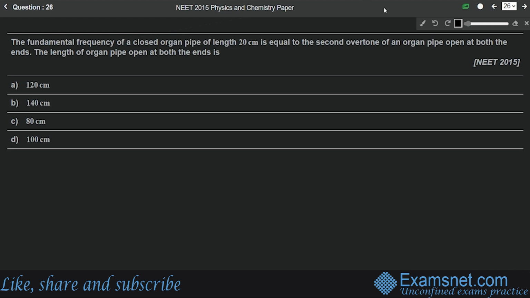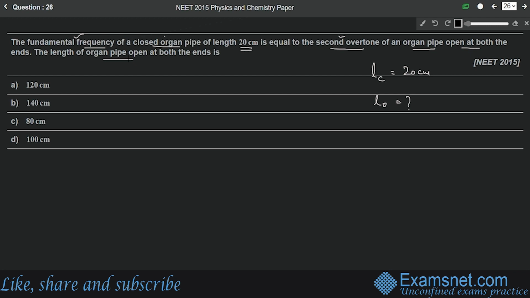Now question number 26. The fundamental frequency of a closed organ pipe of length 20 cm is equal to the second overtone of an organ pipe open at both the ends. The length of the organ pipe open at both the ends is? So the length of the closed organ pipe is given as 20 centimeter, and we have to find the length of the open organ pipe when the fundamental frequency of the closed organ pipe is equal to the second overtone of